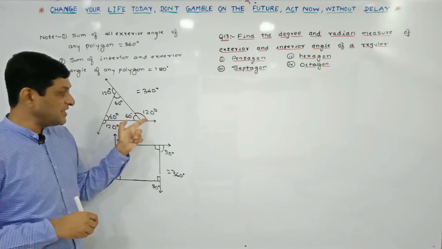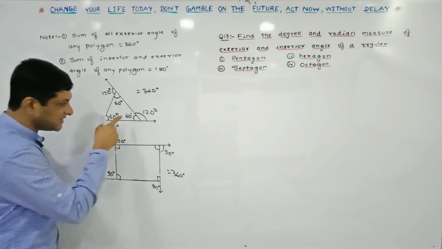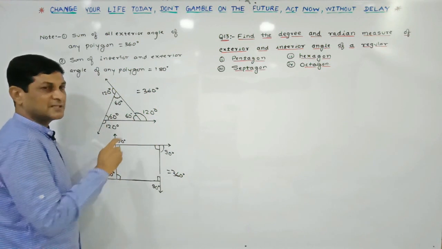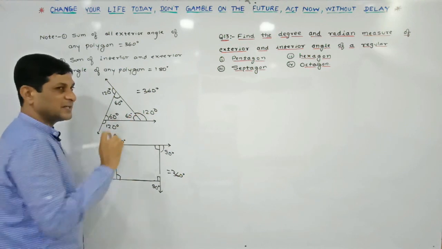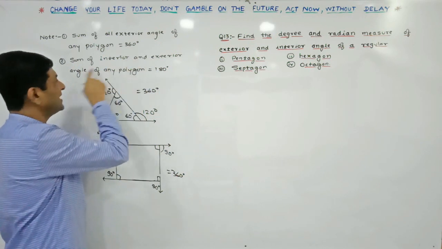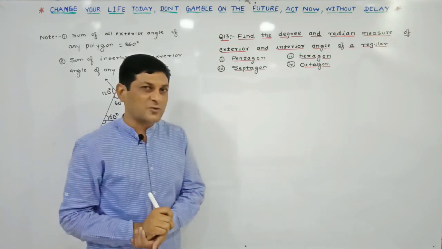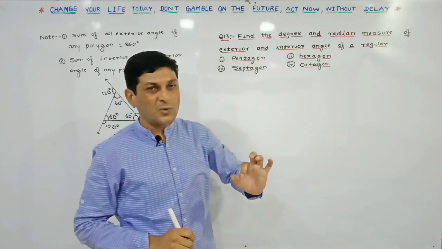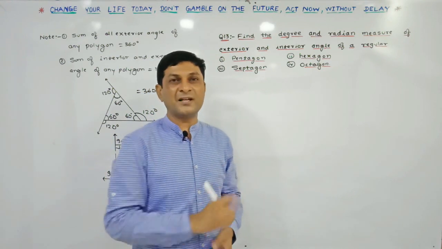Now sum of exterior angle is equal to 360. Now here we can observe that this interior angle and this exterior angle are linear pair angle, and since these are linear pair angles, we can say that their sum is equal to 180 in every polygon. Interior angle and exterior angles are always linear pair angle, and their sum is equal to 180. Sum of interior and exterior angle of any polygon is 180 degree. Using all these results, let us try to solve this example. Here one word is used in this example, regular. Regular means when a polygon is called as regular, if all its sides are of equal length and each interior angle is also